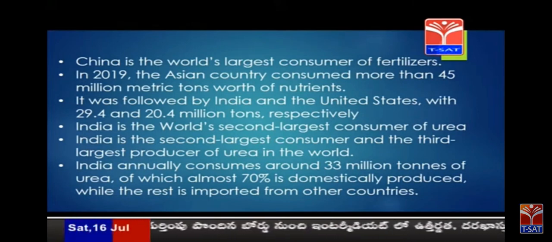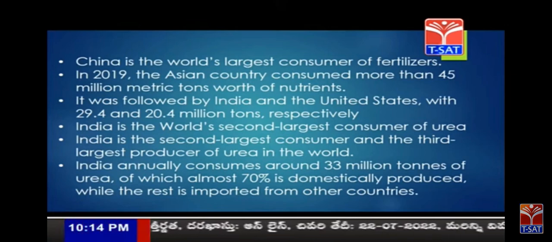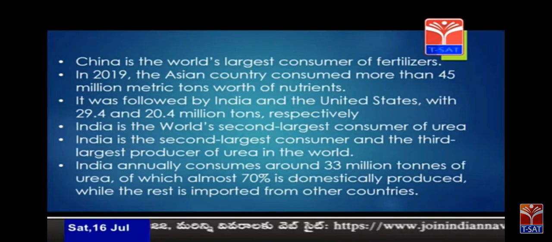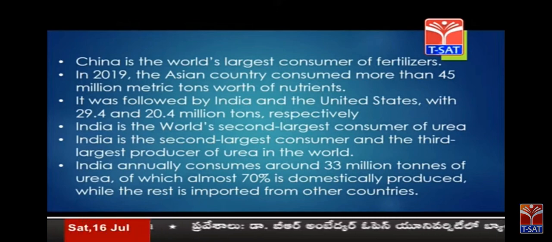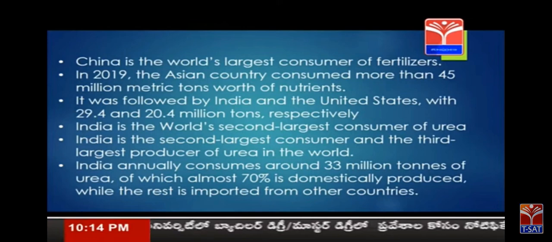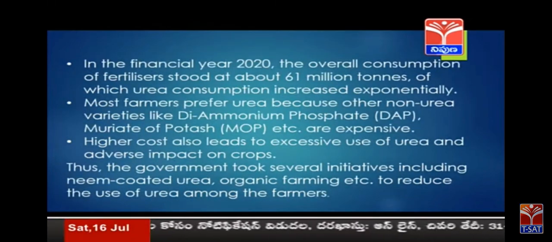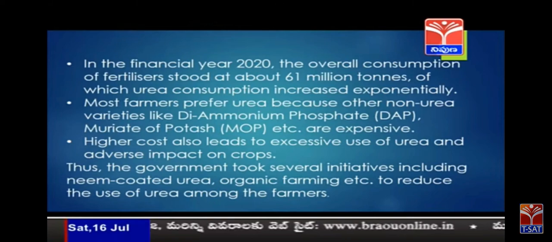So, this statistic is very important. In consumption, India stands in second position. In production, it stands in third position. India annually consumes around 33 million tons of urea, which is almost 70% of domestically produced, and the remaining 30% will be imported. In the financial year 2020, the overall consumption of fertilizers stood at about 61 million tons, of which urea